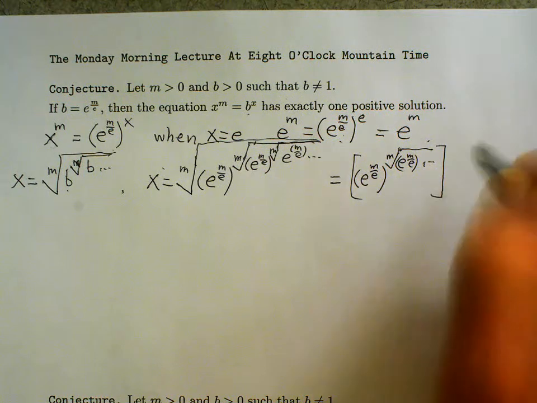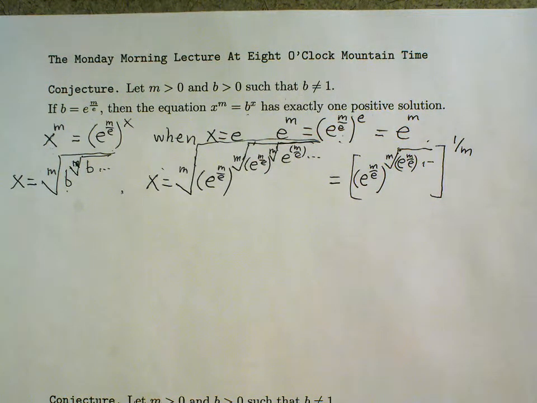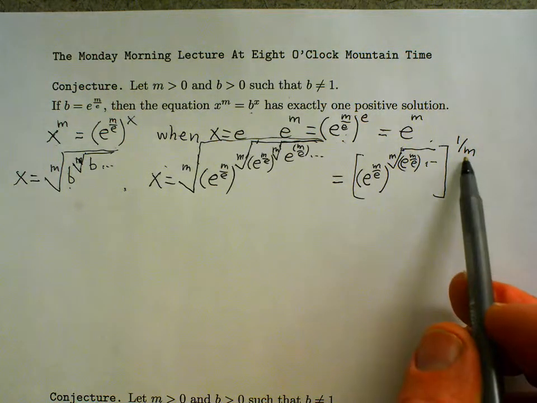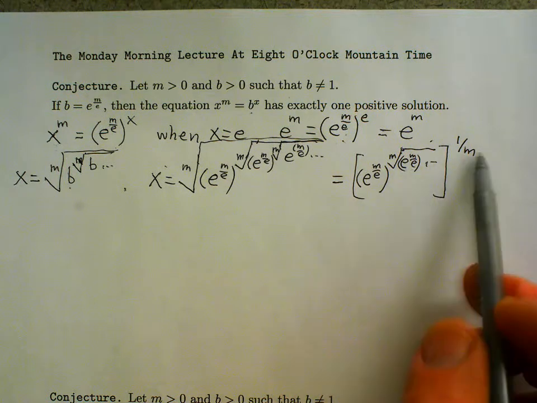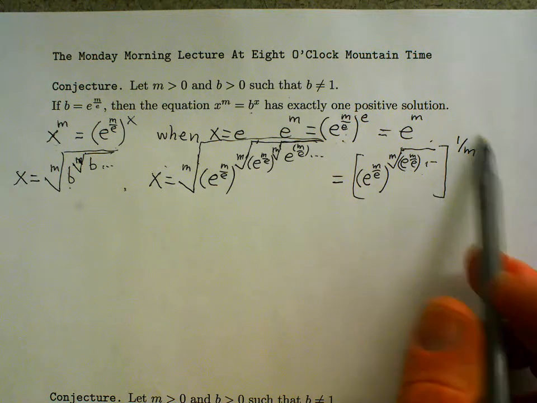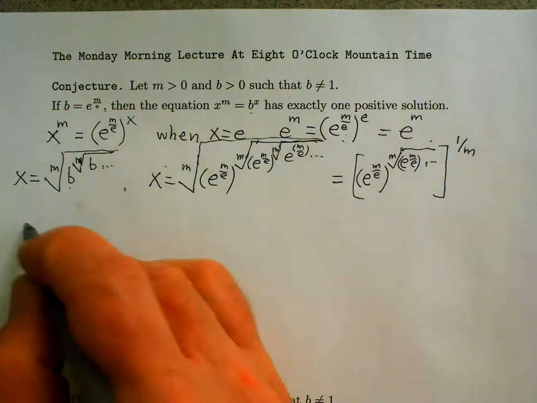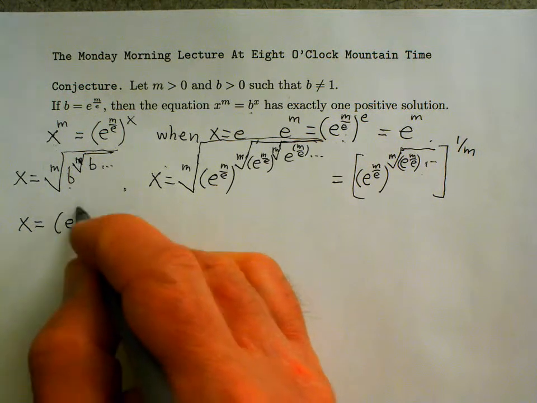And this is all raised to the exponent 1 over m. So when we apply properties of exponents, we can multiply this exponent 1 over m times the exponent m over e. So we get x equals e to the 1 over e